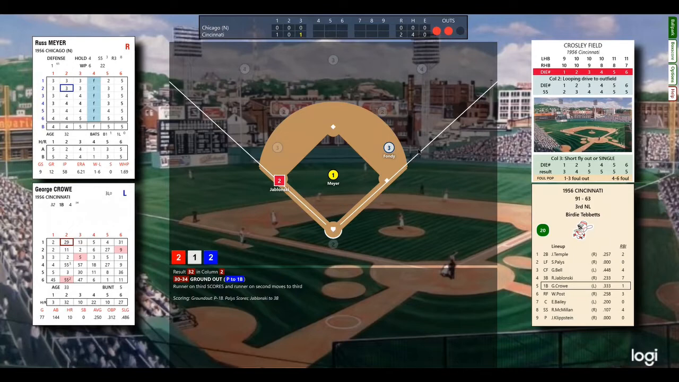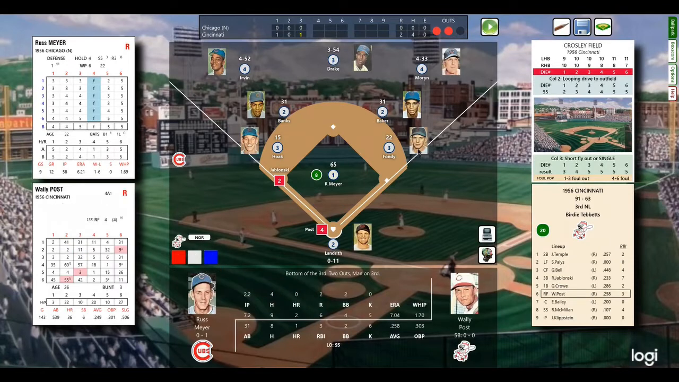Two outs, man on third. George Crow, excuse me, it was Bell who scored. That brings up Wally Post, who lined out to short his first time up. Jablonski is 90 feet away to make it 3-0 for the